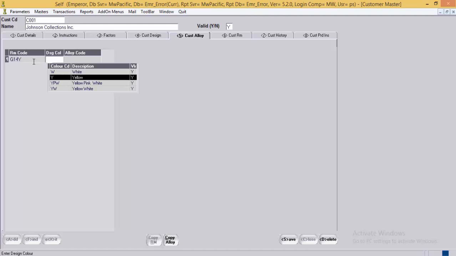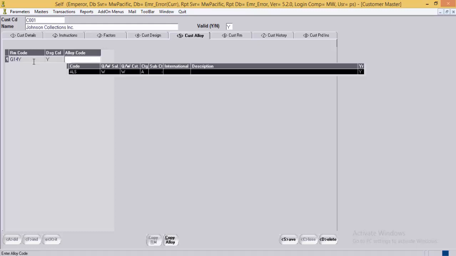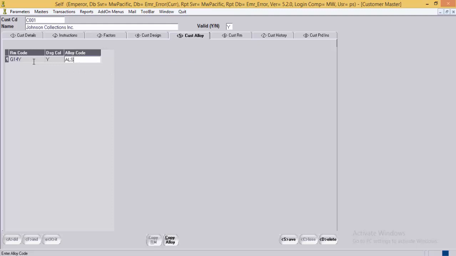The color entered over here is yellow. Then the alloy code, the alloy which needs to be used for this combination, ALS. It means whenever an order is received from C001 for the combination G14 and the design color yellow, then the system will copy the alloy code in the order entry, in the RM grid of the order entry against the main metal of that design.